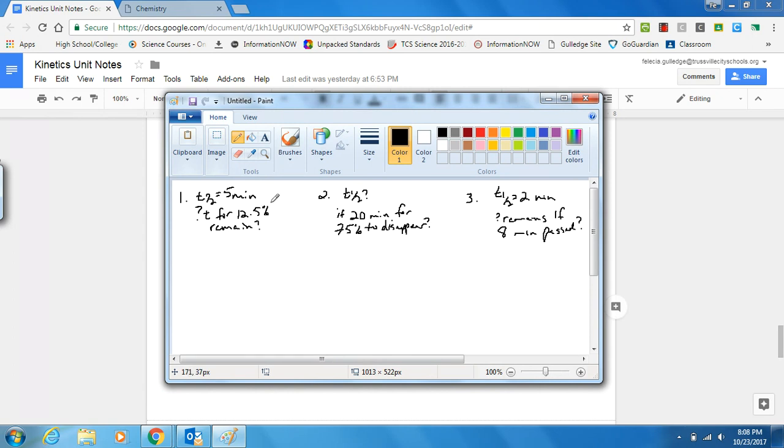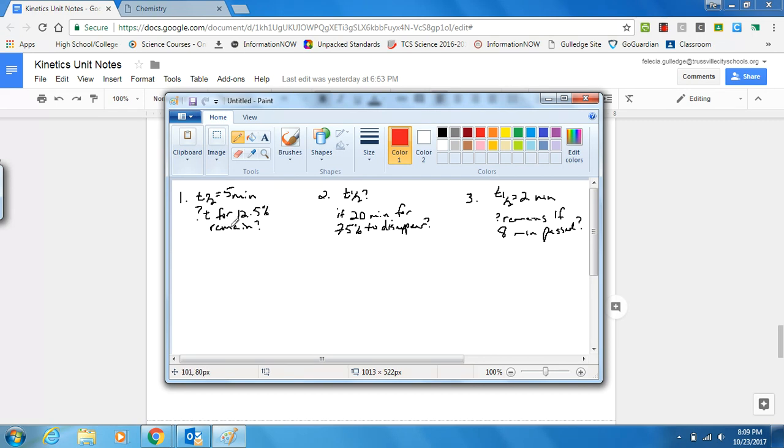Now I know that it's not a multiple choice format, and just kind of shorthand it. But we're going to go through these 3 real quick and figure out how to work through them. So let's say we have the first question here. We know that half-life is equal to 5 minutes for whatever reactant this is. And what we want to figure out is how long, what is the time for 12.5% of that stuff to